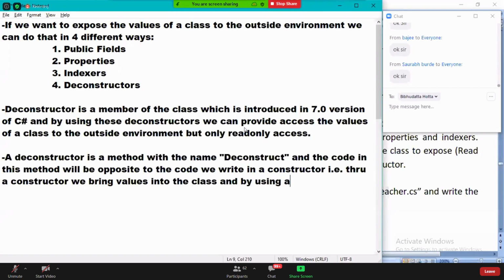And by using a deconstructor, we send values out of the class. Guys, read that point, all of you.